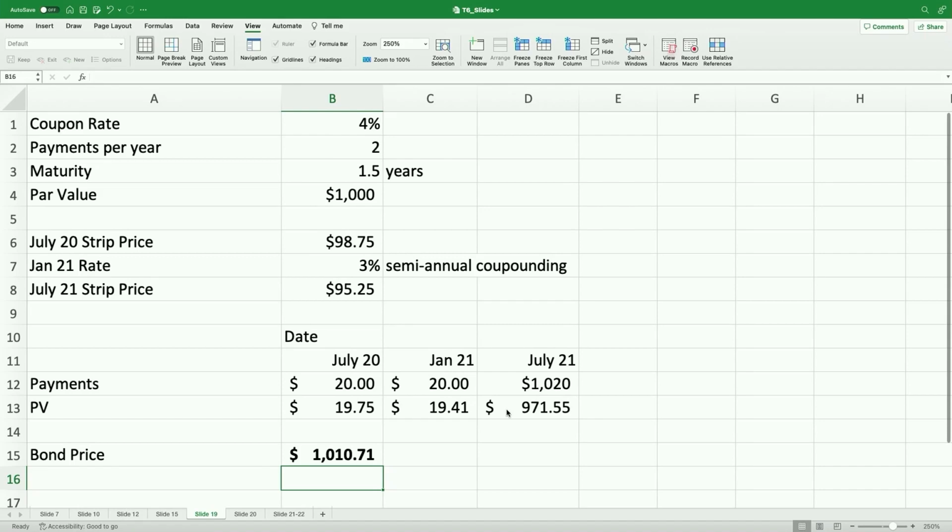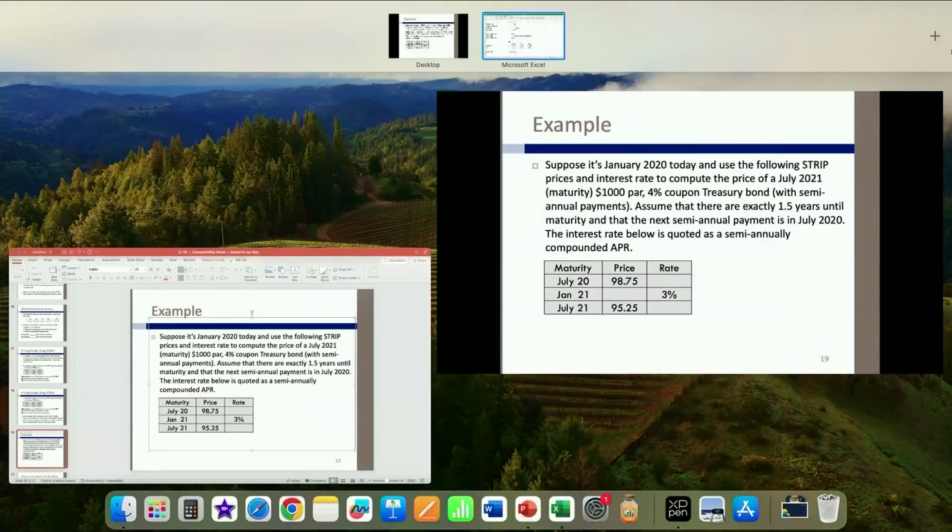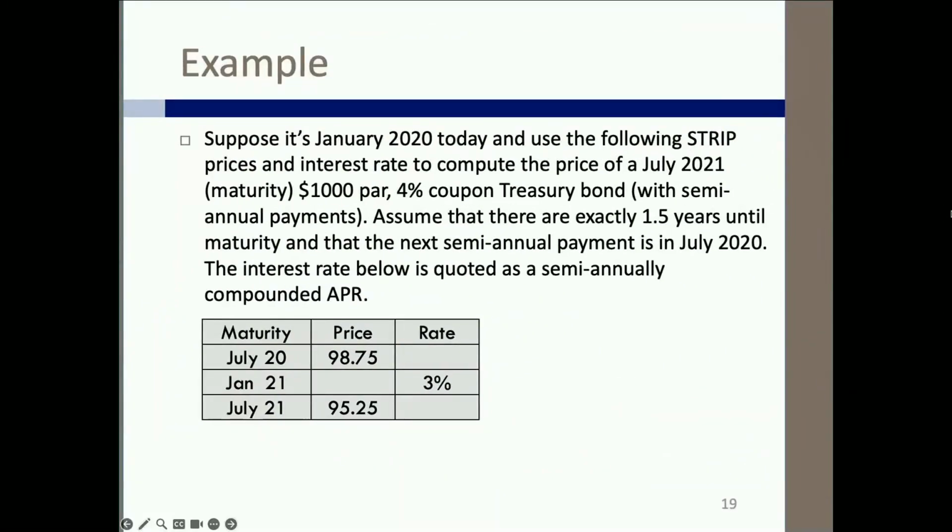And again, this is another great illustration of using zero coupon bonds in the treasury environment, called treasury strips, the prices and yield to maturity of zero coupon bonds to price the more complicated bond, which is the coupon bond. All right, let's go back to the slides and finish with some practice problems in this topic.